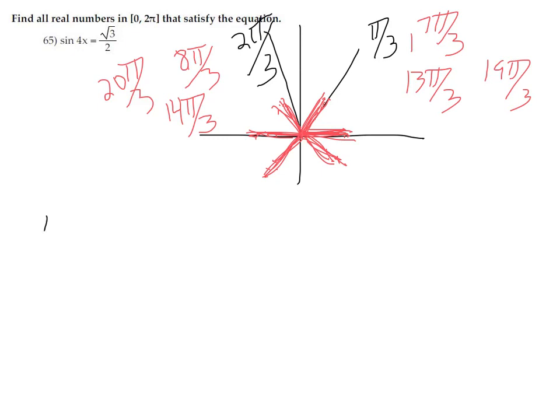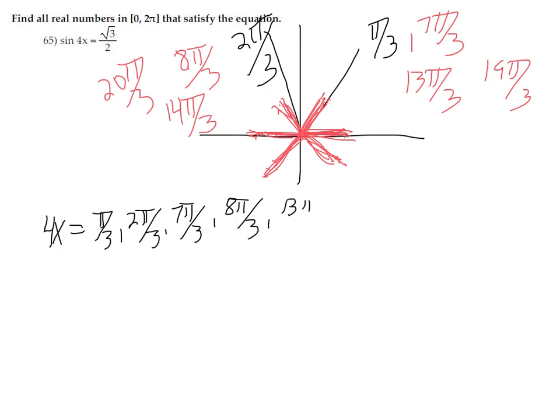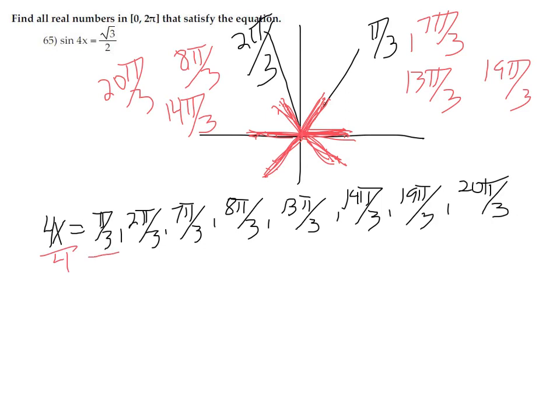So we have 4x equals pi thirds, 2 pi thirds, 7 pi thirds, 8 pi thirds, 13 pi thirds, 14 pi thirds, 19 pi thirds, and 20 pi thirds. And our last step to solve for x is divide by 4, etc. We will have x equals pi twelfths,